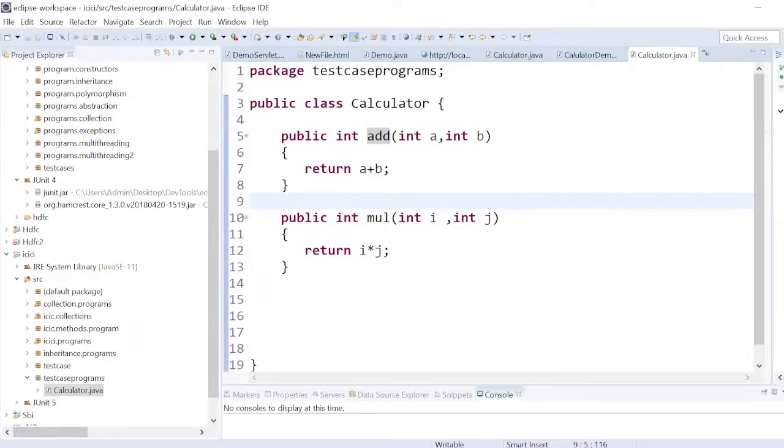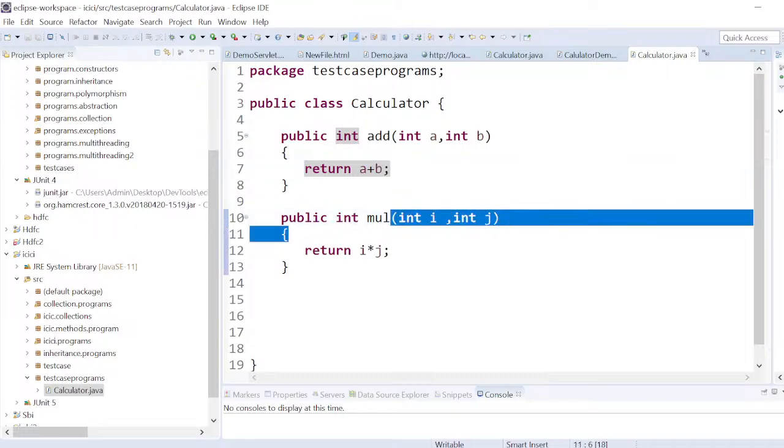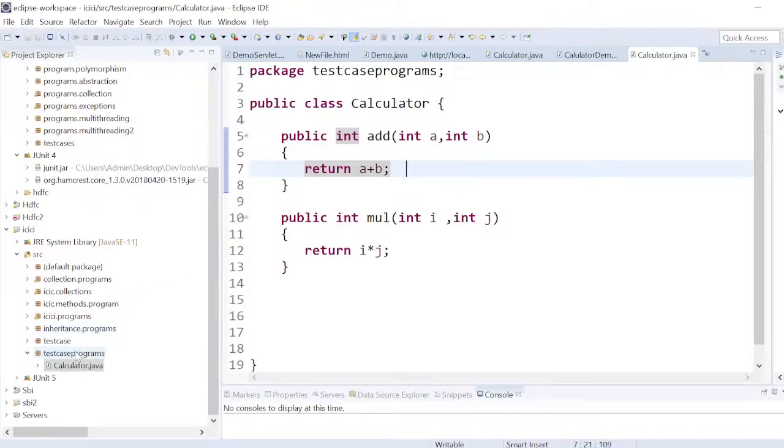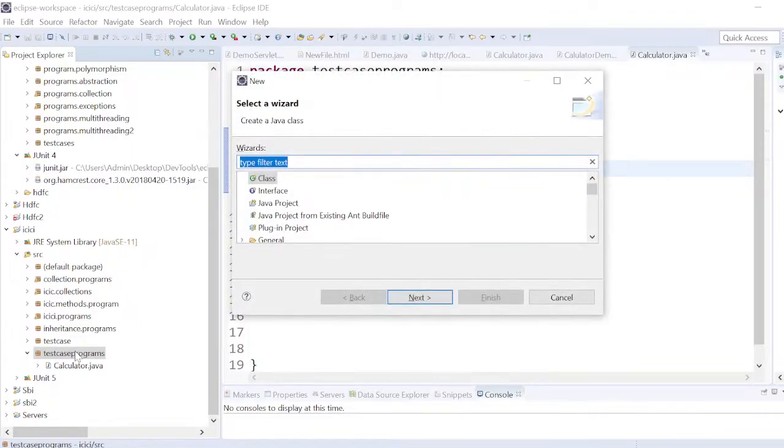I hope you guys are clear with my statements. There is a methods, add method and multiplication method, and here I am passing the parameters, and I am returning. If both are same, then only my test case will pass. So for this, I would like to write the test case as well. I would like to take